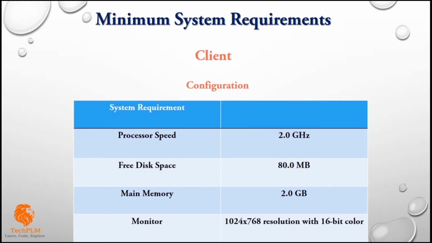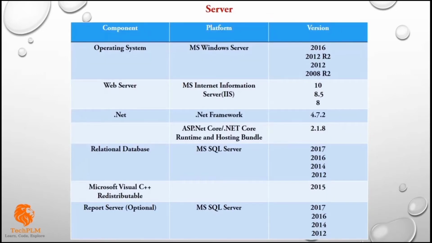Let's see what server configuration we require for ARAS. So the Microsoft Windows Server at least 2008 R2 you should require, and the web server IIS, at least you should require IIS version 8. If you want to see how to activate and how to configure IIS in your system, then I have also created a video on that. You can check in the I button, or you can check in the description how to configure and how to activate IIS.